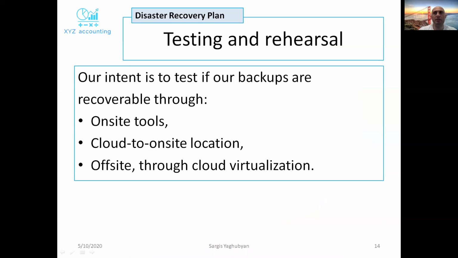Our intent for testing and rehearsal is to discover flaws in our plan and resolve identified vulnerabilities before they can impact our ability to restore necessary operations. Disaster recovery testing is essential for our company since we deal with customer sensitive information and need to provide them reliable service. Regular scheduled testing is the only way to ensure that the XYZ disaster recovery team can restore company operations quickly following an incident.